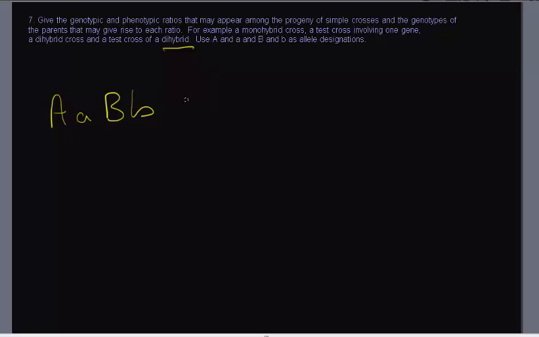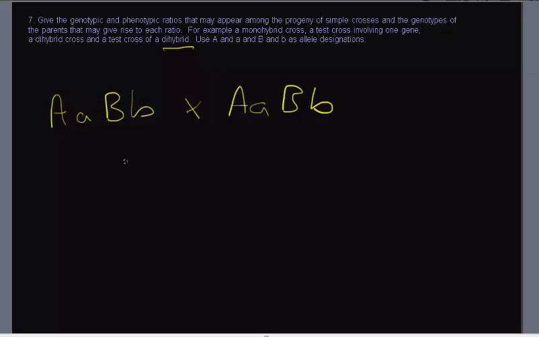So we take one of these guys and cross it to another one of these guys. So that is a dihybrid cross. It's the only thing that is a dihybrid cross. One dihybrid cross to another dihybrid. I'm not going to go through the Punnett square at this point, but if you do fill this out with a Punnett square, and maybe we'll do that in a second,